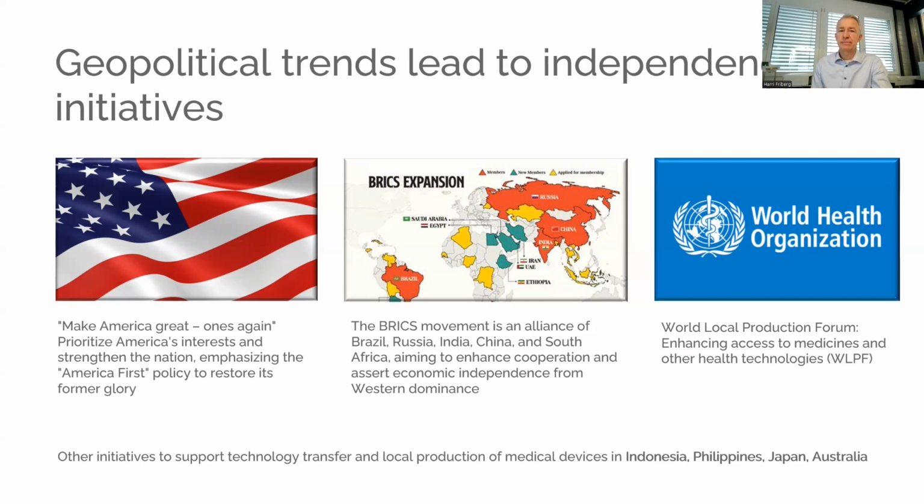So there are many movements around the world that looked at many things, like their own reliance on the regulatory affairs of other countries. So today, as you all know, everybody leans on two regulatory systems, the European regulatory system, CE, as well as the US regulatory system, FDA. But outside of this, there are many countries like Brazil, like Russia, like India, China, Japan,